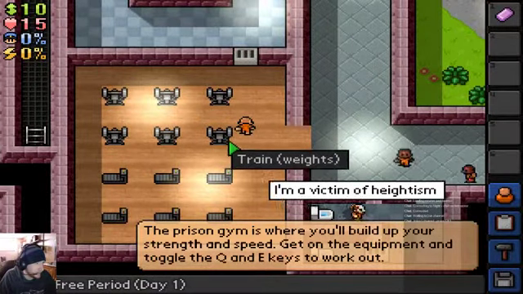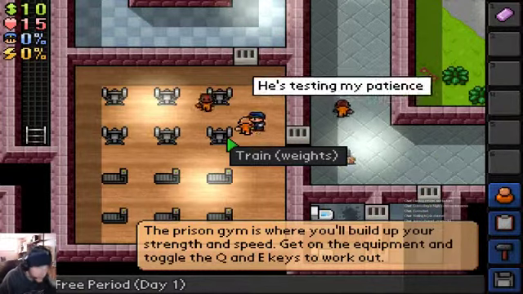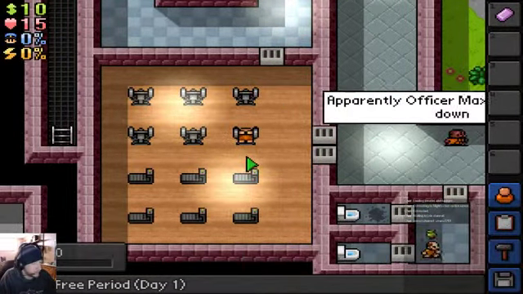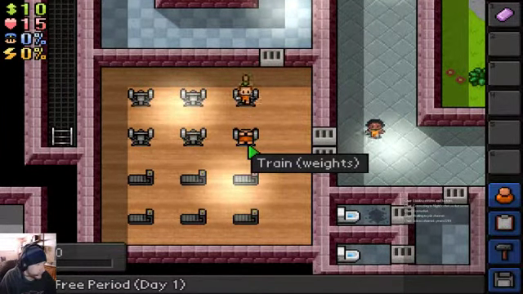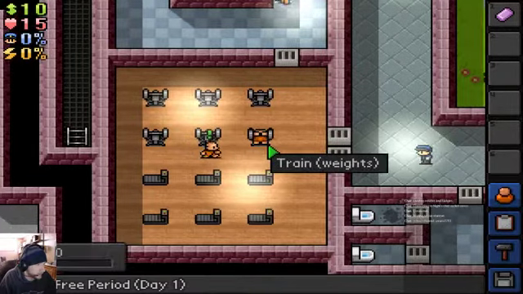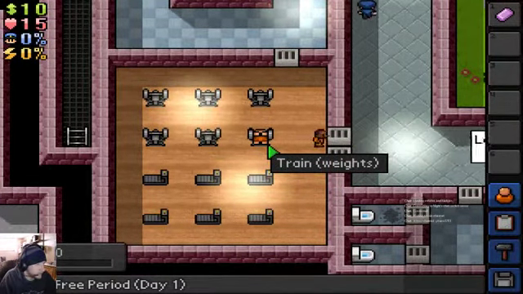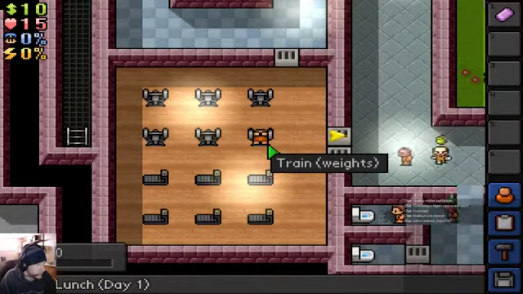Shit, got a free period. Can build up some strength and speed. Sure. Cute. How do I do it again? Q's. Q, E, Q, E, Q. I don't think I was able...